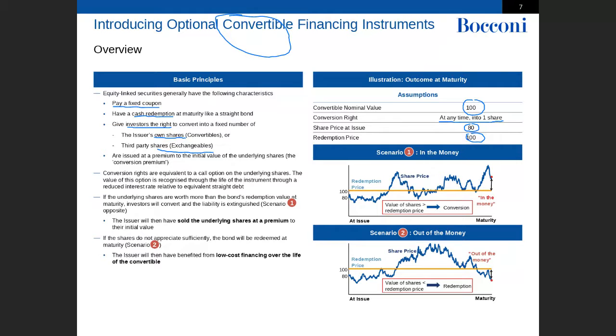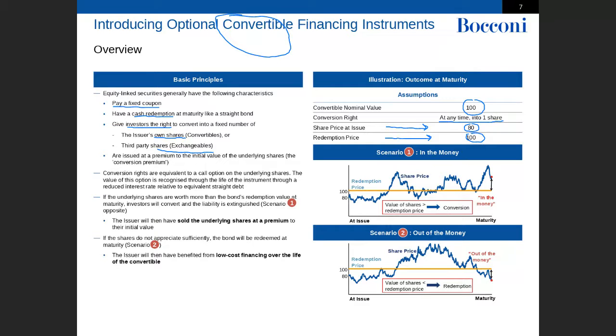And you have, de facto here, a premium, because you issue the shares at a premium and maturity at 100, but when the bond is issued in the first place at inception, the price is 80. Okay? Let's see the first scenario.